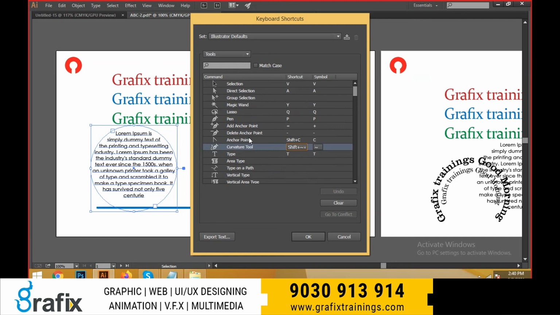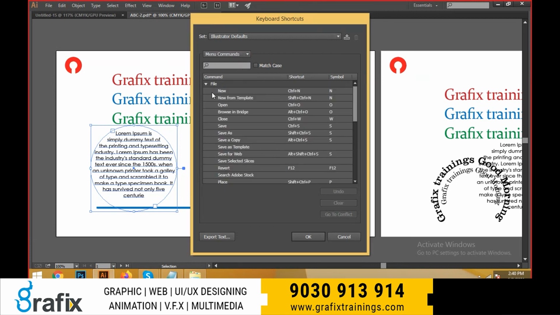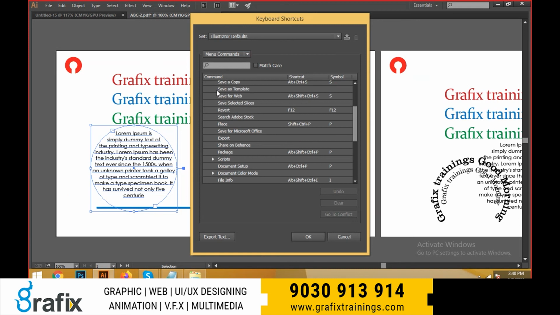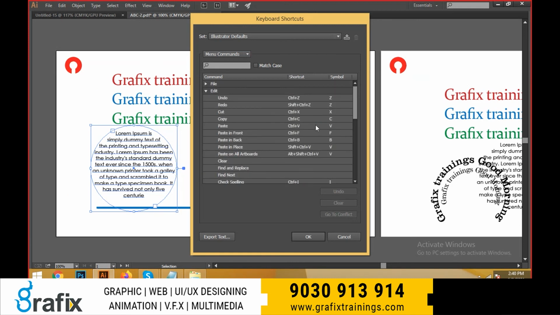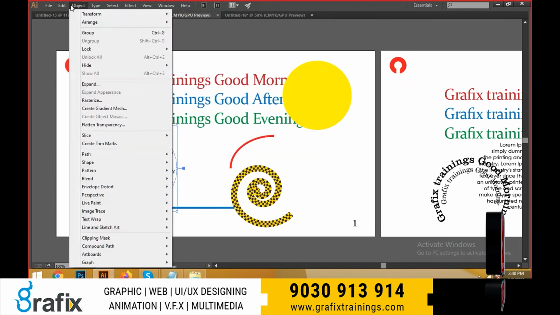Please practice once. And curvature and anchor point tool and type tool T shortcut and pen tool P. You add anchor point with plus, delete anchor point with minus. Like this we have some shortcuts, guys. Please check it once. Okay, the tools are okay, and the menu commands, go to the file. These are the shortcuts of menu commands, and go to the edit menu, and these are the shortcuts of edit commands. I told you Control C, Control V, Control Shift V, Control Z, and Control Shift Z. Already I have written here, but here we can't see the Control Shift Z.